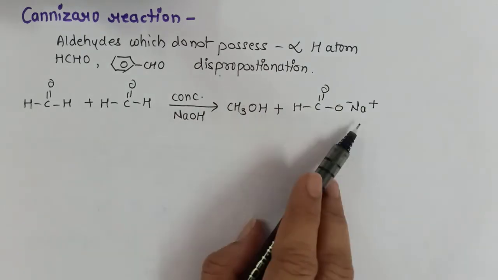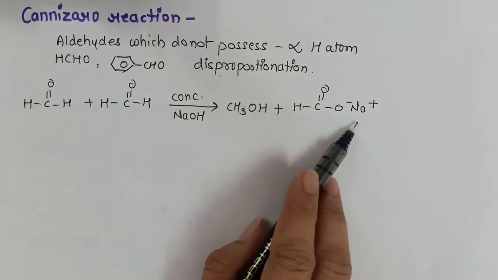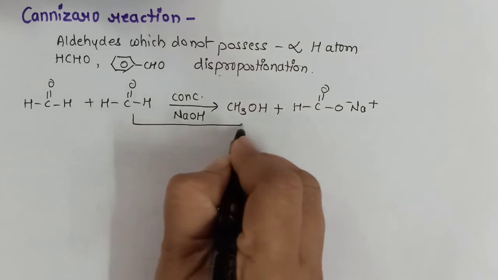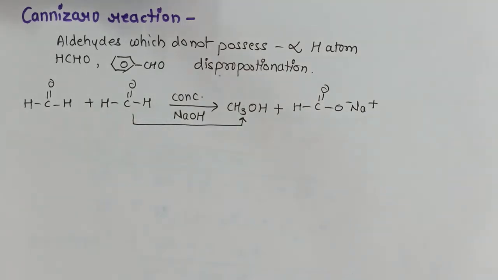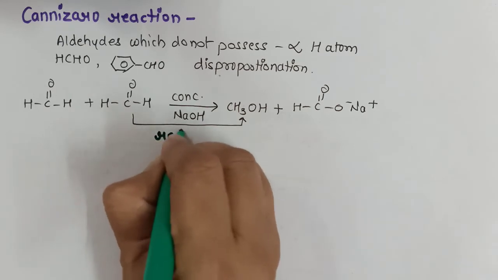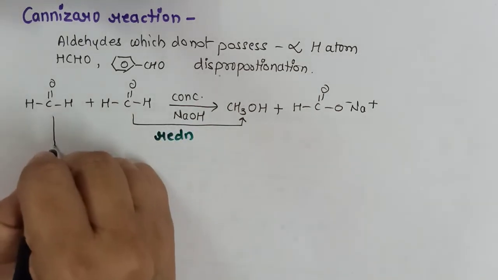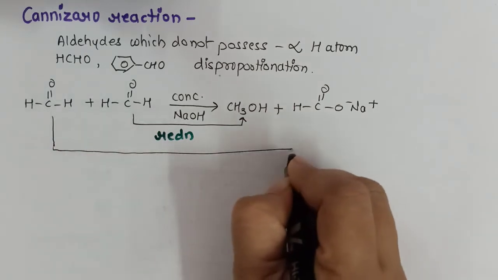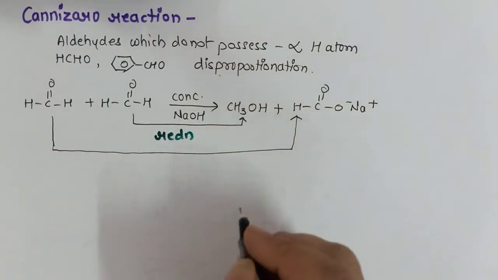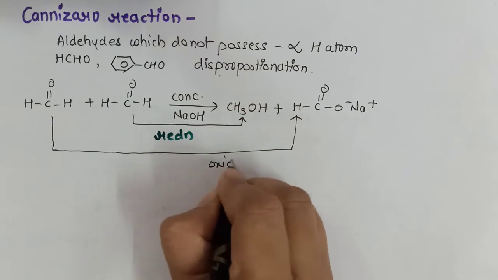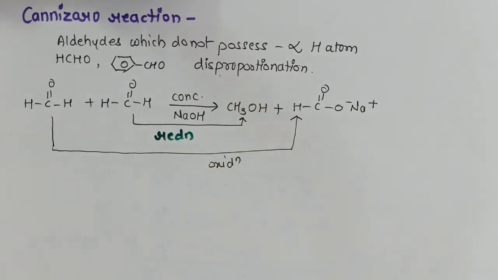So we have got two products over here. When alcohol is formed, I will say it is a reduction reaction. And when salt of acid is formed, then I will say it is an oxidation reaction. So at the same time, the carbon atom will undergo reduction as well as oxidation, and therefore it is a disproportionation